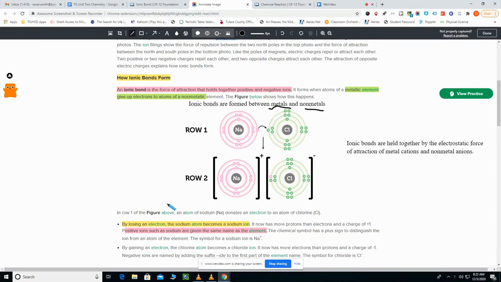And as we go back to our first example here, when sodium loses a valence electron, it becomes a positive cation. That's our metal here. Let's put M for metal. And when chlorine becomes chloride and accepts that valence electron from sodium, it becomes a negatively charged anion. And so ionic bonds are formed again between metals and